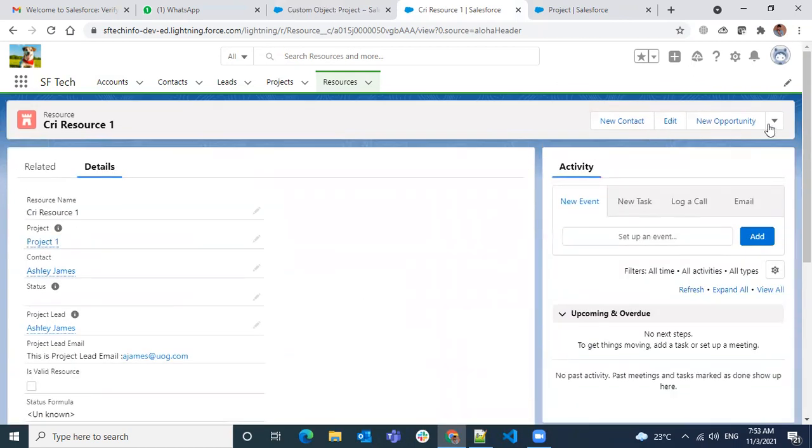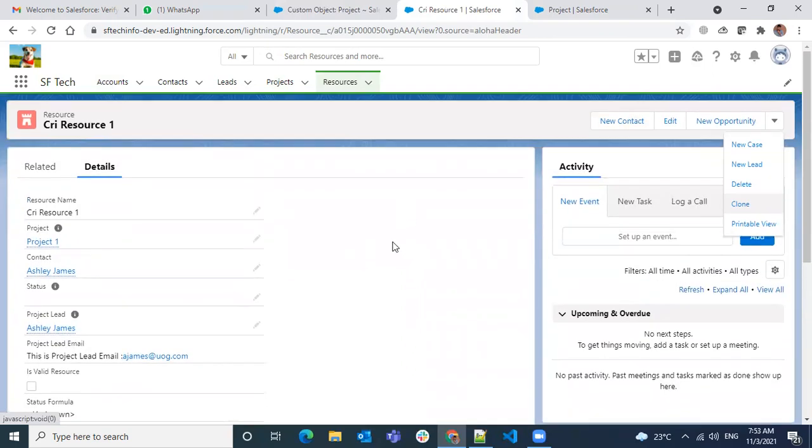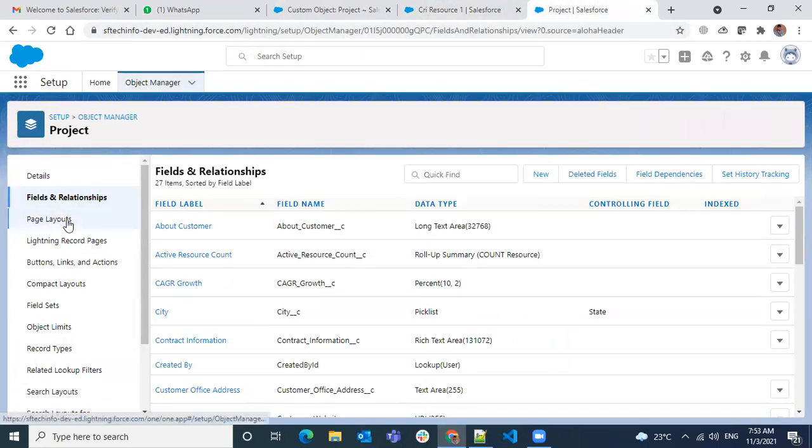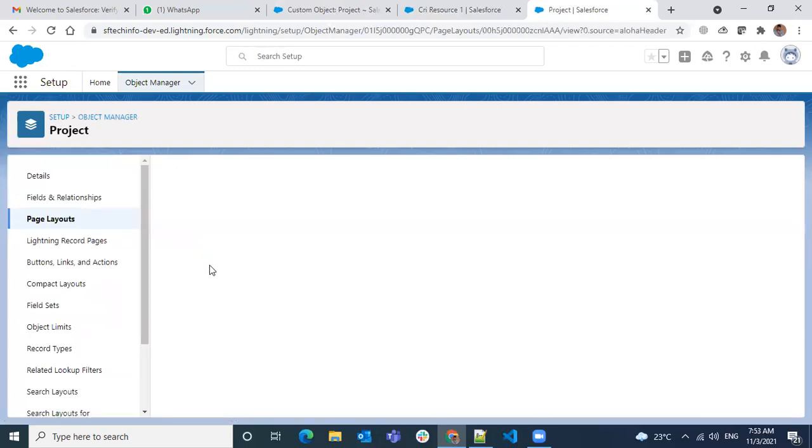I don't need all these buttons. I see a lot of buttons. I want to configure all of them. Similarly, I want to have something on the right, some sections. I have already explained this somewhere. Just take a complete look at the page layout.